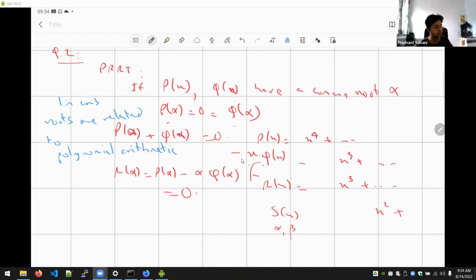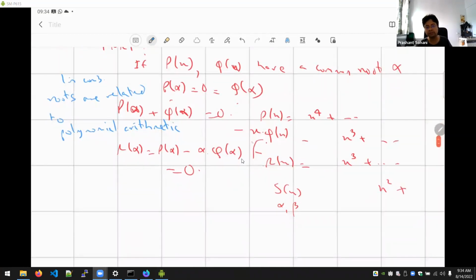Because there are some other tricks also in some questions, like sometimes you can see a reciprocal kind of equation. So if Q of x has some roots alpha, beta, gamma, you can consider the polynomial of the reciprocal, and you have to multiply it with some suitable power of x to make all the degrees positive. So this will have the roots one upon alpha, one upon beta, one upon gamma, things like that. So some tricks like that are involved in such questions.